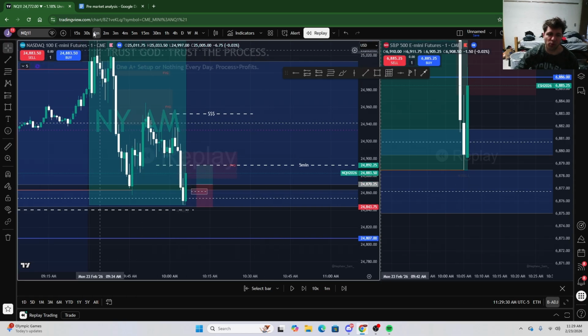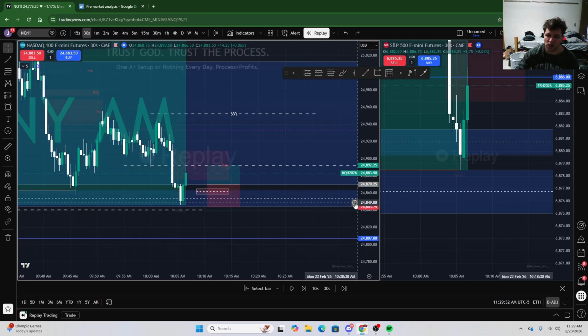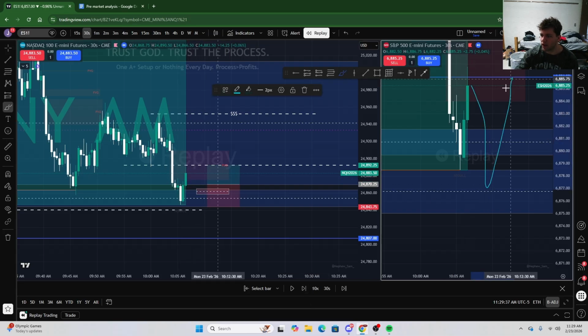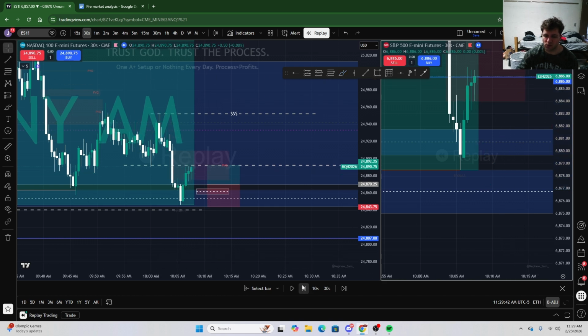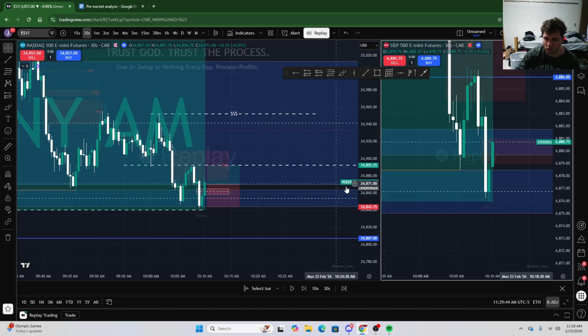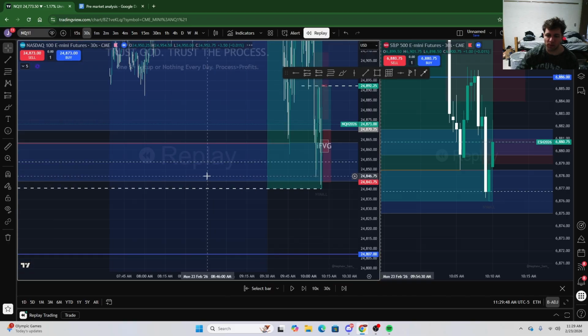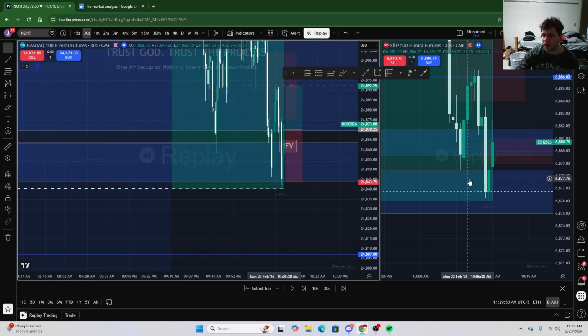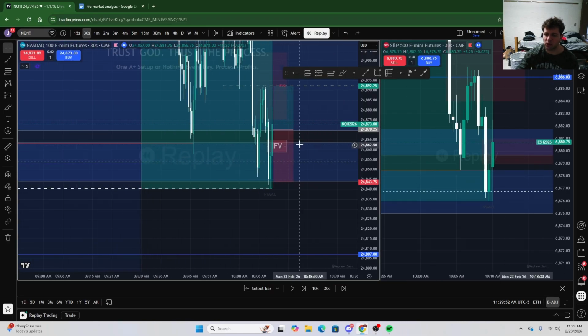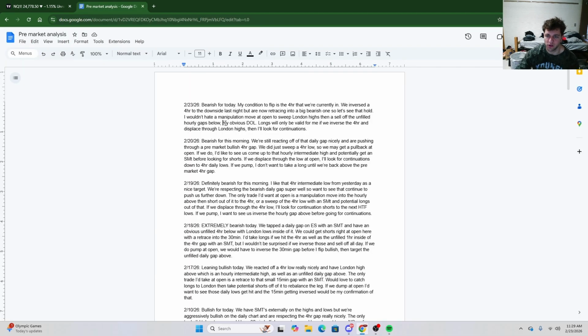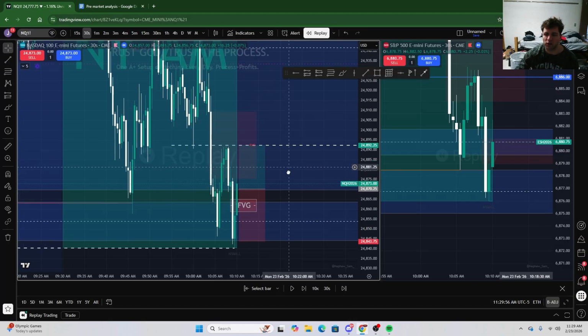So I know a lot of people were probably trying to get in longs. Who knows, maybe they took it off this market structure shift, but I was like, no, I want to see ES resweep and actually tap that hourly gap before anything else. What happens? Just that occurs. We do that. No internal SMT, but we make an external SMT. Both assets have swept London low and tapped unfilled hourly gaps, which were my draws on liquidity. So I was like, all right, longs are so beautiful.